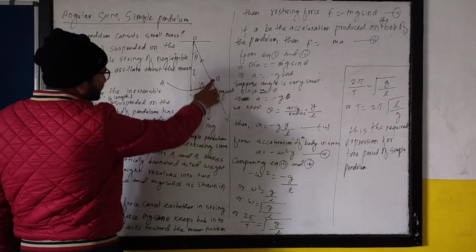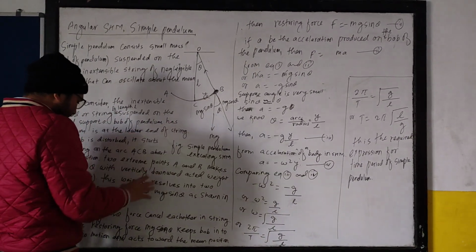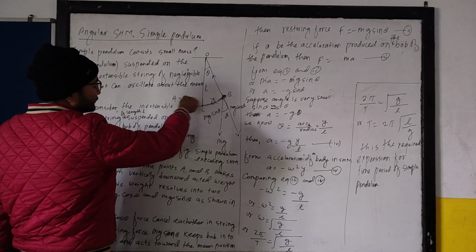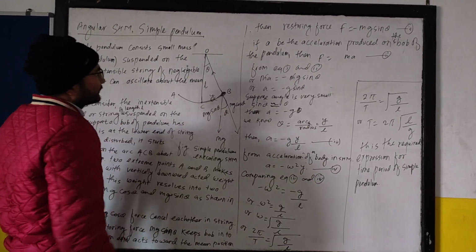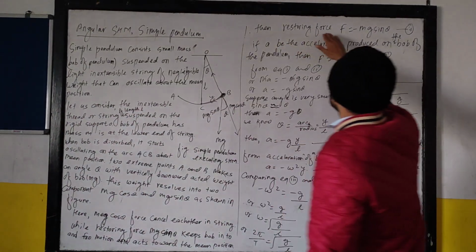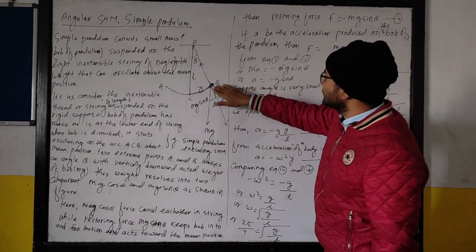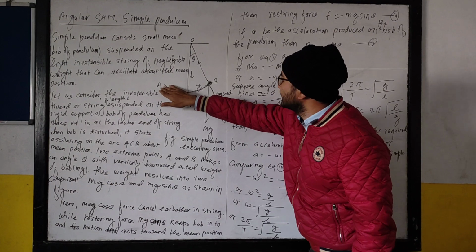This mg sin theta acts toward the mean position and keeps this bob of the pendulum in to-and-fro motion. यताउताको मोसनमा यही mg sin theta ले मात्र उ गरेको छ. अब त्यसपछि the restoring force, रिस्टोरिङ भनेको यो फोर्सले आफ्नो ठाउँमा लैजाने, यहाँबाट आउँछ ब्याक